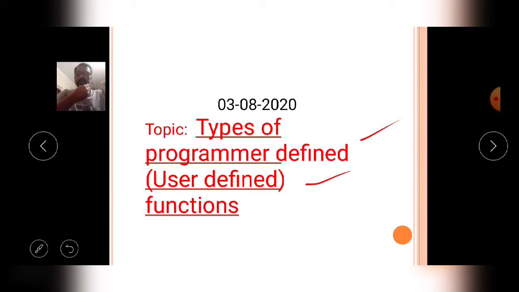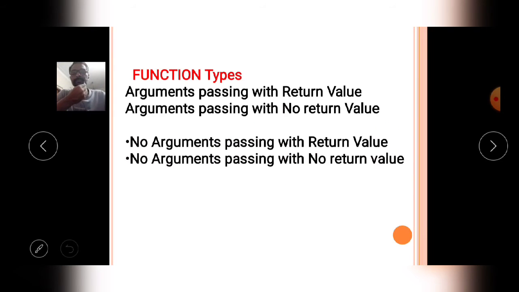Now, how many types of user defined functions are available in the C language? That topic we will discuss today. Now we will enter into the topic. The user defined functions are majorly classified into four types. First, argument passing with return value.